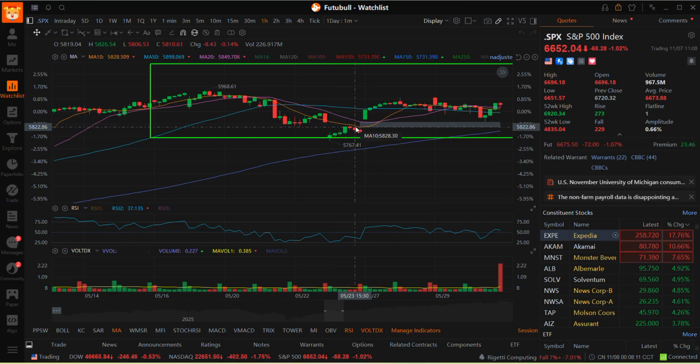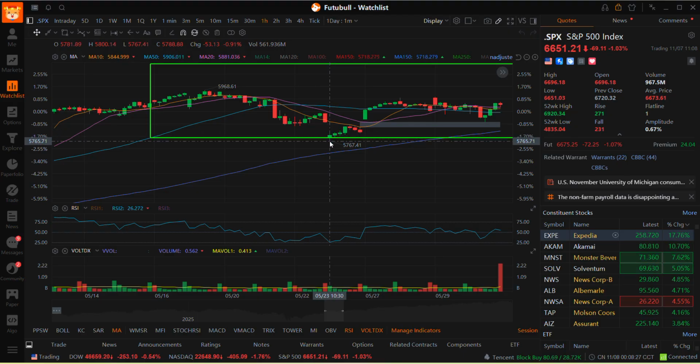Let's assume that when the market now comes to this 10 MA and starts dropping and breaks below here, that means it has invalidated these buyers. But it has already told you that buyers have found this area as an average price that is good for buying. So when we now break down, like when we now come down towards this,